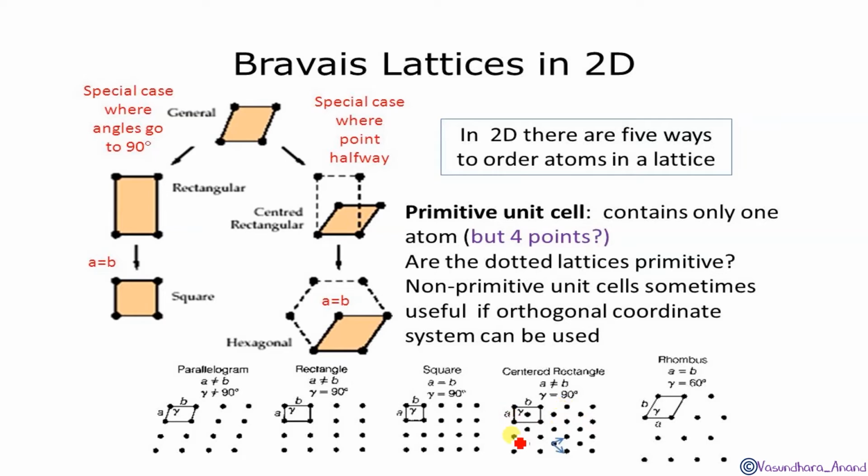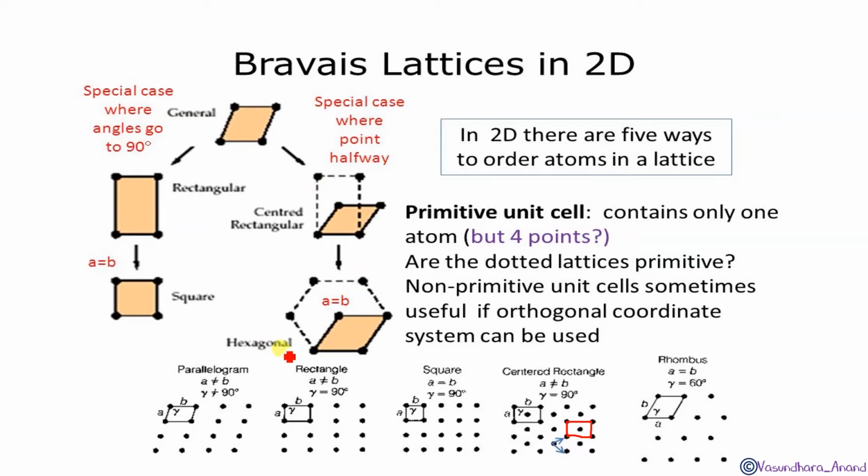Okay, so if you combine these two, you see, I combined this, so I'm getting one in the center, or anyone you can combine like this. I'm going to combine this. Yes, so you are getting one in the center. So this is called centered rectangle. Okay, and if you see, it will look like this.